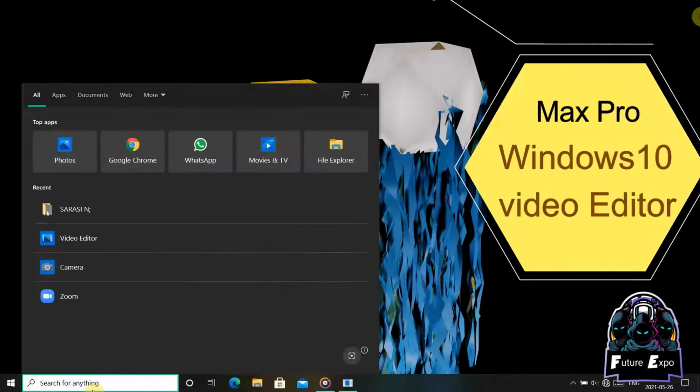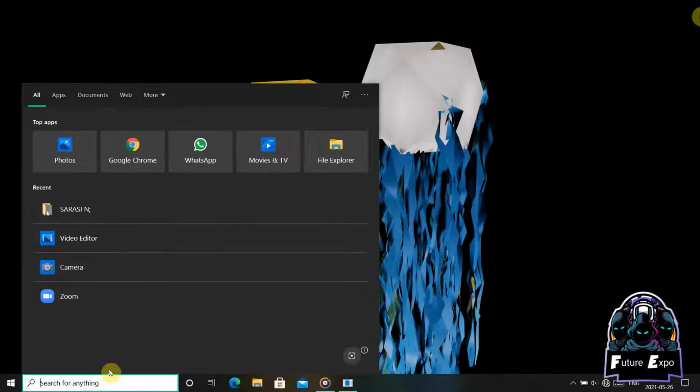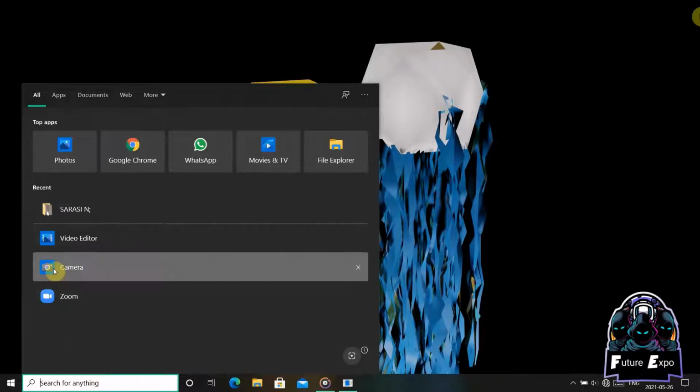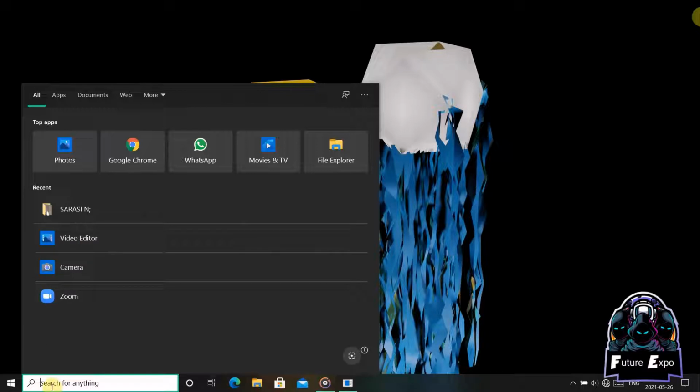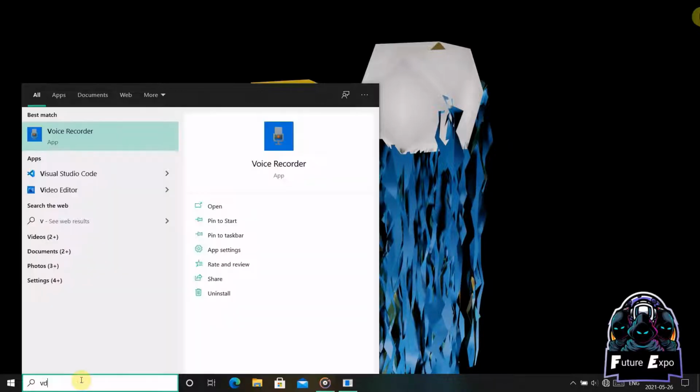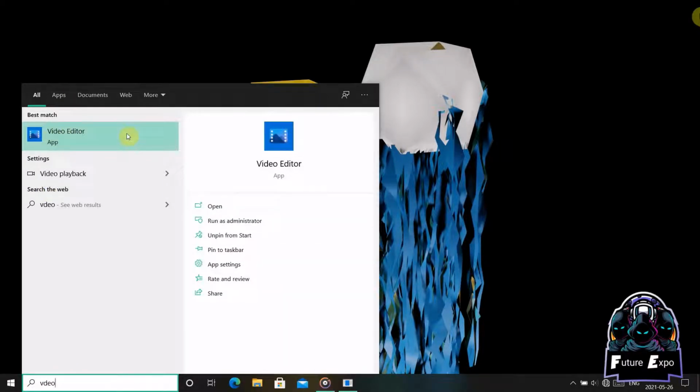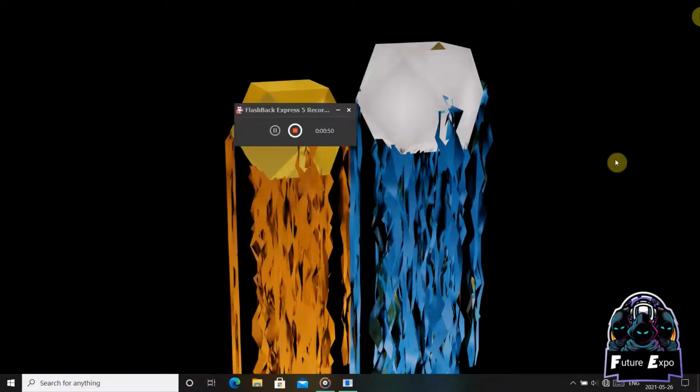If your operating system is Windows 10 or Windows 10 Pro, this will be enabled for you. Just go to the search bar and search Video Editor. This is the best matching app for you. Then, if you don't know how to